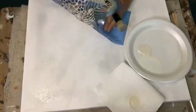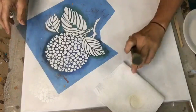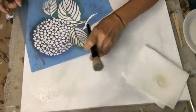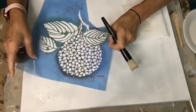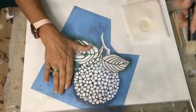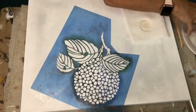So really offload that. So basically, I am just going to continue doing that, and I'm going to overlap and just keep covering almost all of my canvas with some of the stencil. So I'm just going to keep going. I'm just going to move it. Actually, I'm going to move it up to the top here. I'm going to hold it in place. I'm going to get more paint on my